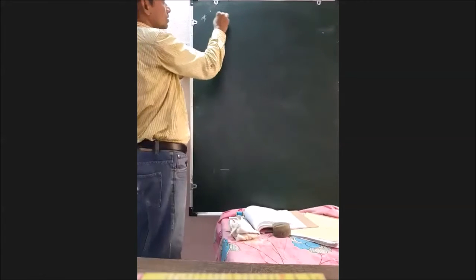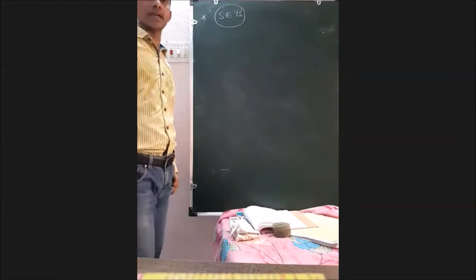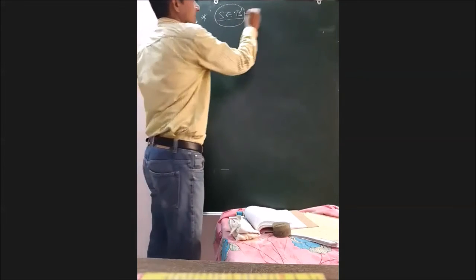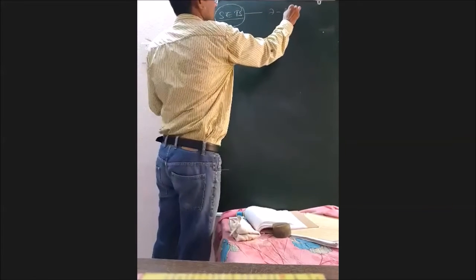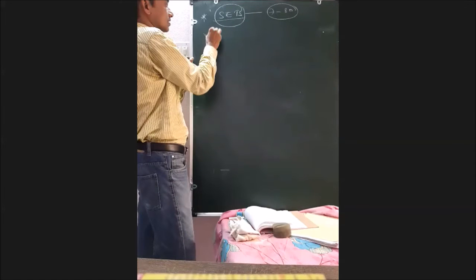Now let us move to sets. It is very, very important. Sets is a simple chapter and very important. There may be a chance to get 7 to 8 marks, my dear children. Now, what are the key concepts in sets? You should know the concept of the set and set notation. Two kinds of notations are there: you can express the set in roster form and set builder form.